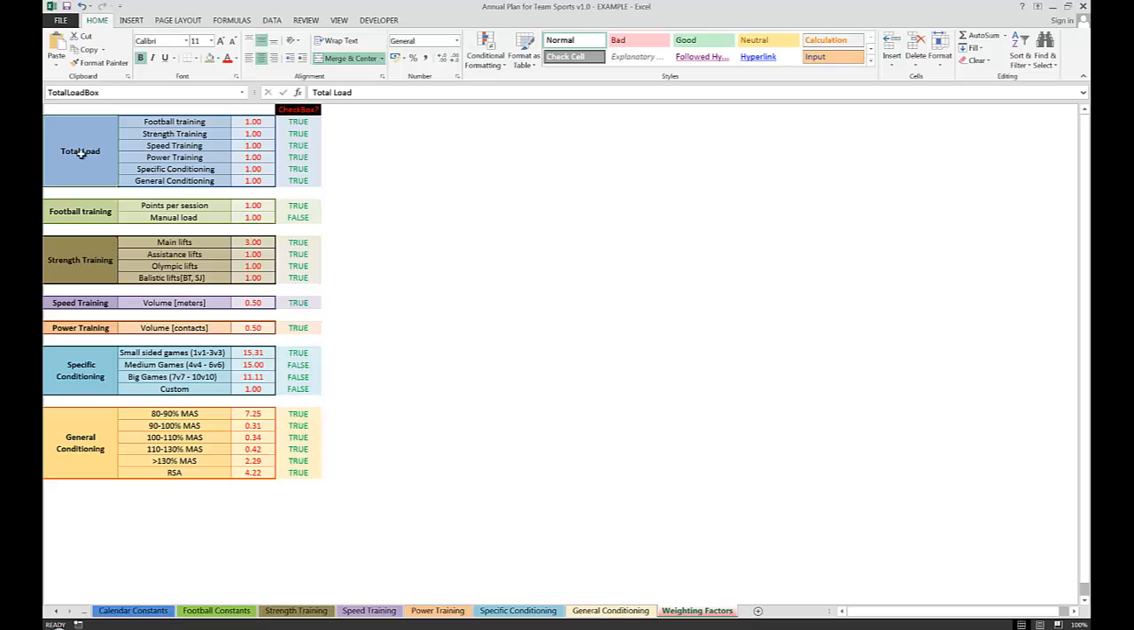So this is the total load box. At the moment, it's one point per point for football training. So depending on these factors, you can give more weight to a given component. So let's say I want to multiply this by 10,